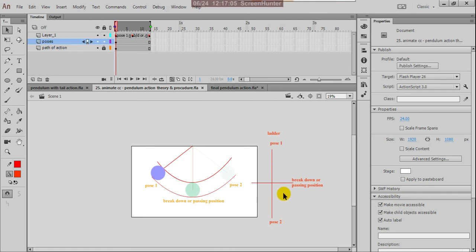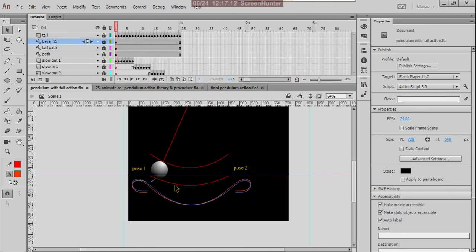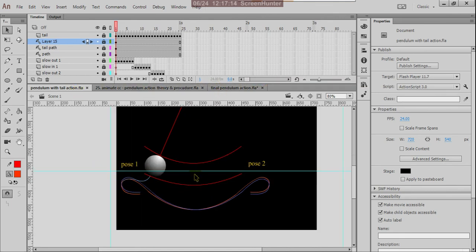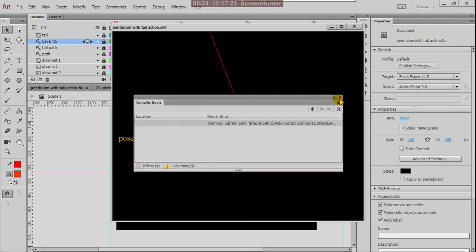Control S. Okay. So today we studied this. I'll explain about this. This is the toughest thing. First we have to learn the pendulum action, and then it swings the tail. So if you want to see this, see now.